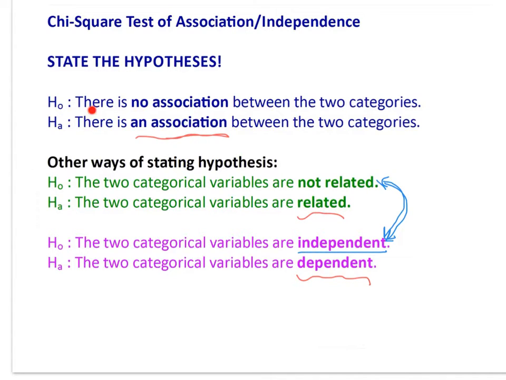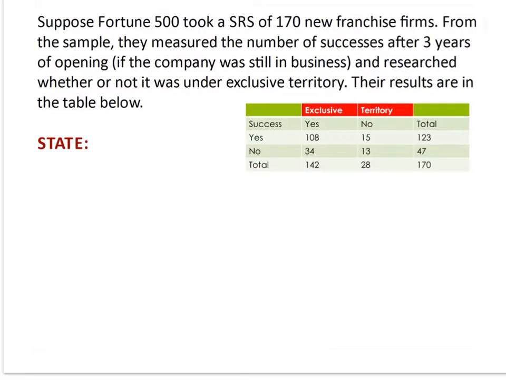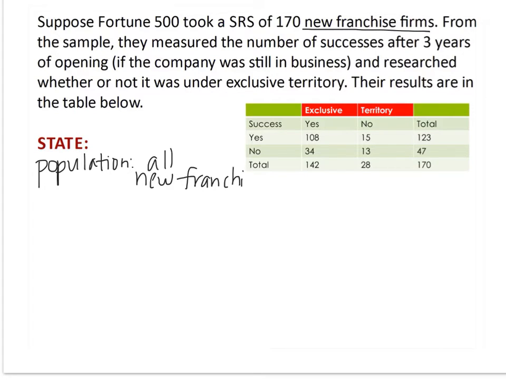So you can choose which of these three wordings makes the most sense to you or that you prefer, and just stick with it. So let's keep going with my problem. The state step, the population. Well, they took a sample of new franchise firms, so the population is all new franchise firms. And the parameter, or what we're trying to measure,